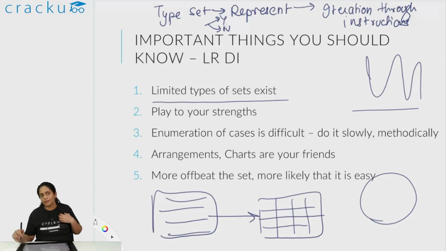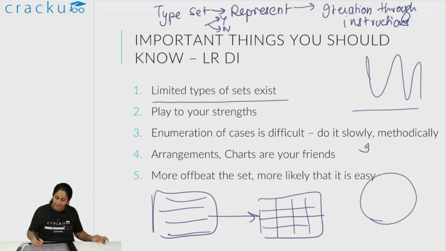I know, for example, that I am very good at arrangements, games and tournaments, and I know that I am very poor in enumeration type puzzles. What are enumeration type puzzles? The sum is equal to 26 and there are 4 numbers A, B, C, D where the sum is equal to 26 and they are between 1 to 9. Now, how many possibilities are there such that 4 integers between 1 to 9 add up to 26? So then you have to say that if A is 9, B is 9, C is 9, okay, then